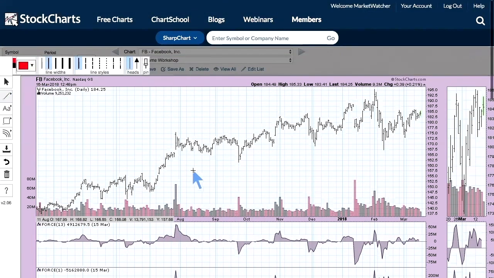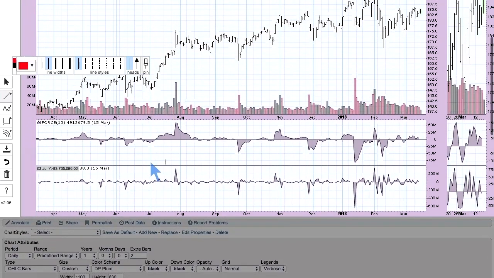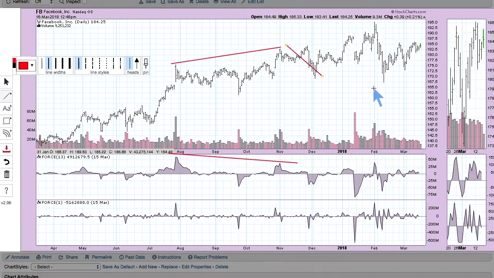Let's look at a couple divergences, and then we'll pass it back to you, Tom, and we'll talk about what I know we're going to talk about. So what's happening from here to here? That would be declining tops, rising price tops. That's a negative divergence. Expectation is a decline. And I guess you could say over that time period, we got a decline. Doesn't always work that well, but I think it's pretty useful. Here's one, rising bottoms, declining price bottoms. That's a positive divergence. So you should expect a rally off of that. And that's what we got.